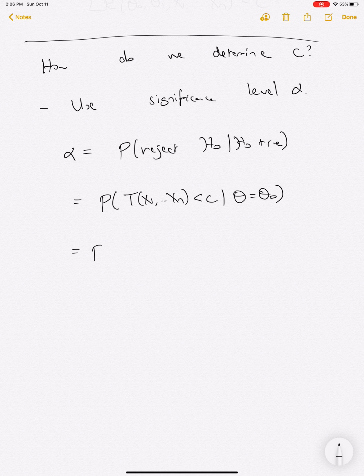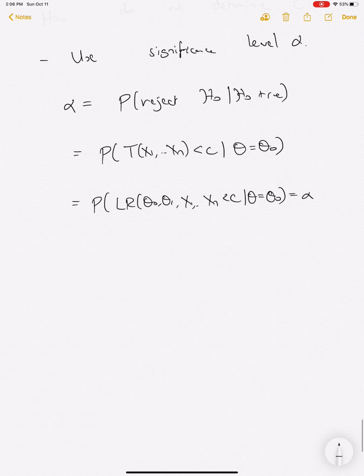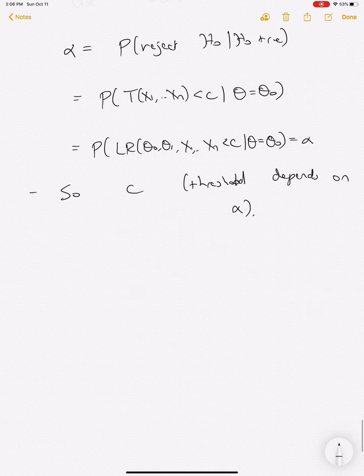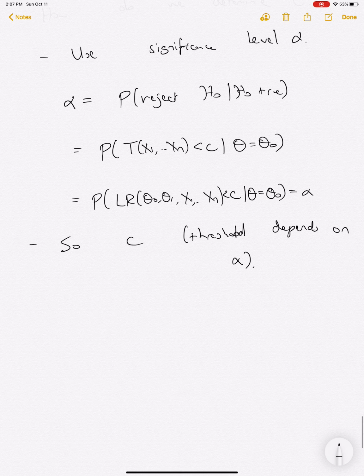So we can think of that as the probability of the likelihood ratio of theta 0. And that should be equal to alpha. And so note that C, which is the threshold, depends on alpha. So let's return to the example of